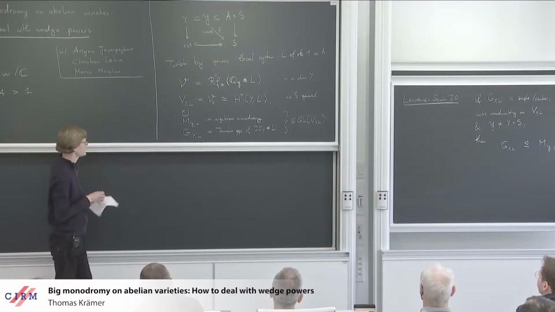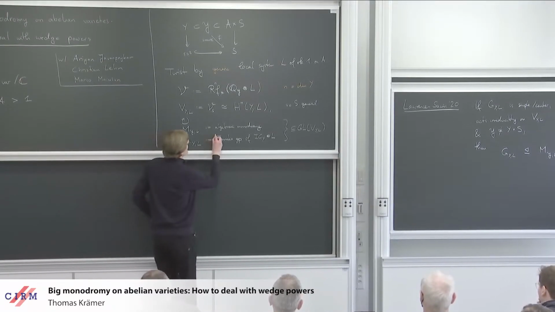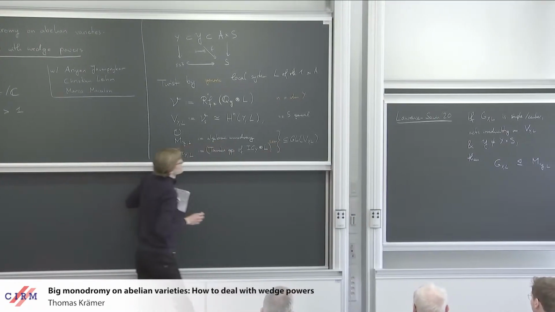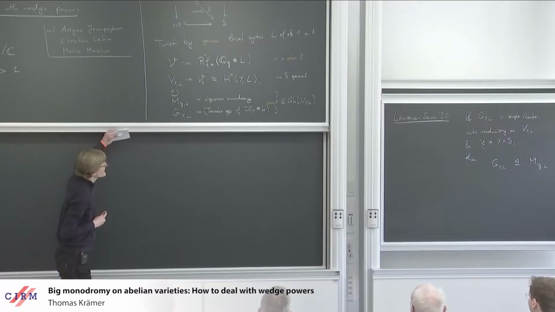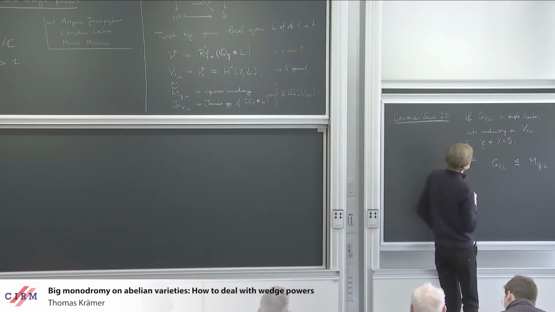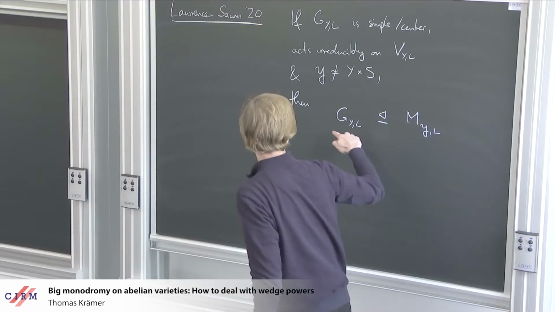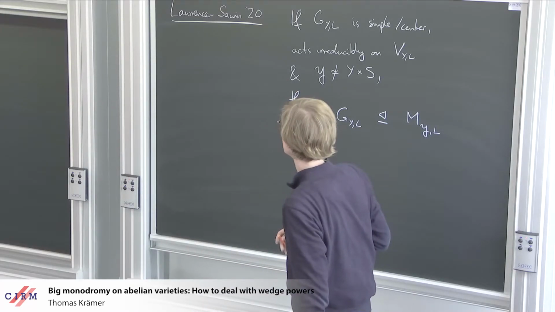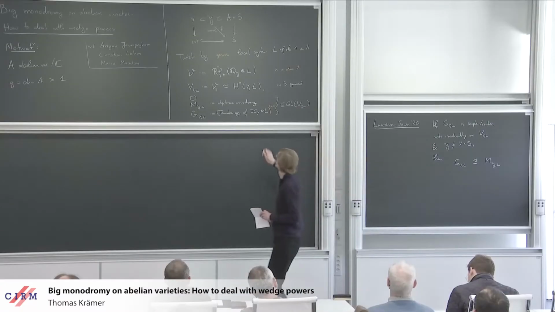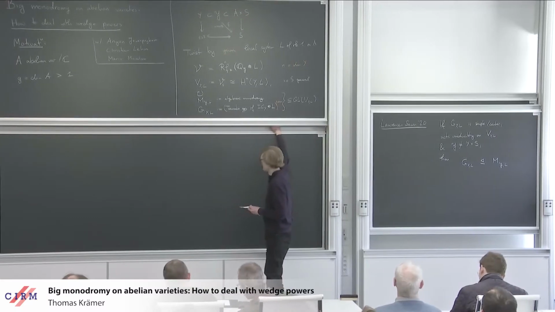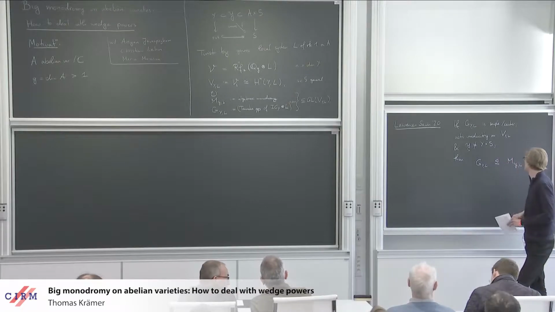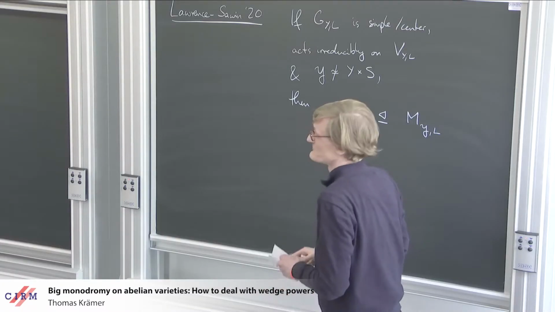There's a small fine print, like also for the theorem of the fixed part. There might be issues with connected components and also with non-semi-simple groups. So this here really holds if you replace G by the connected component and then take its derived group, the commutator subgroup. And the statement is true on the nose. So the monodromy might be disconnected, but